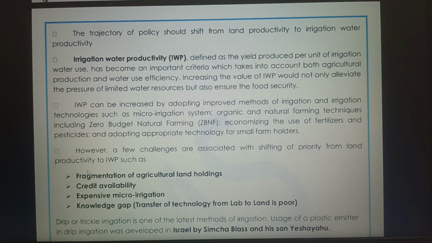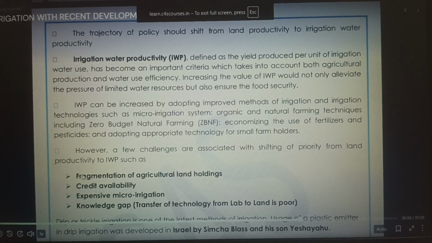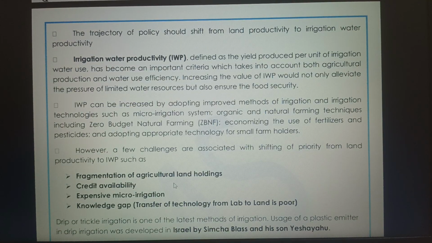A very good UPSC conceptual question can also be framed from this particular paragraph. Many of you will ignore, but whenever you are reading, when you are starting with the thing, read one by one words very carefully. In second round or third round, you can reduce the thing, but first reading should be very attentive and you should read one by one every. Don't read with half a heart in first reading.